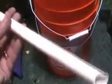You need a bigger hole. That's for the PVC pipe to go through. And two holes that are bigger than the little drain holes, but that's going to be where our air hose goes through. So we'll take one piece of PVC pipe, and I got, I think it was a 5-foot section